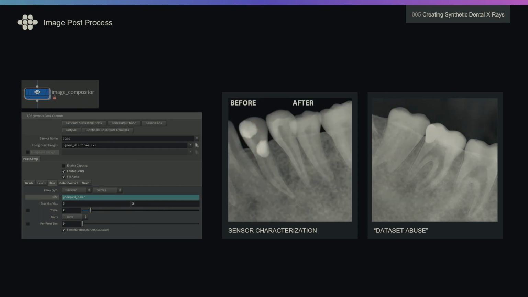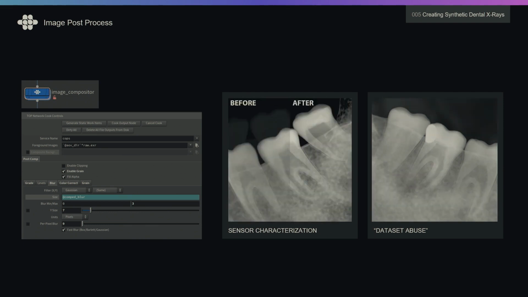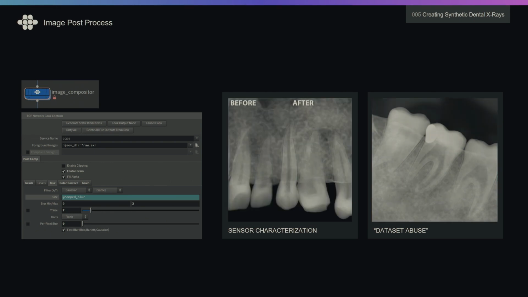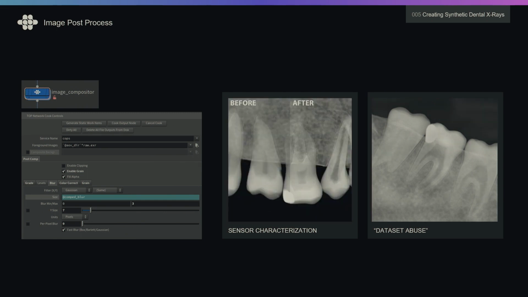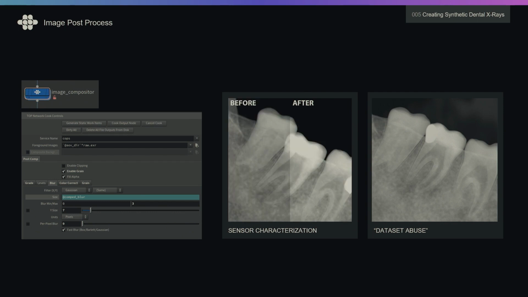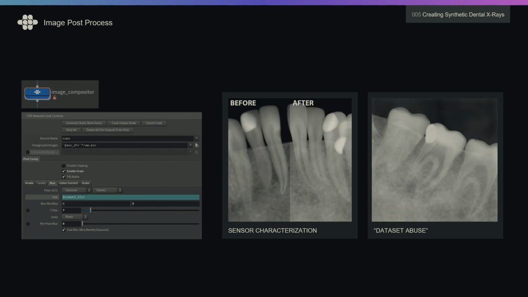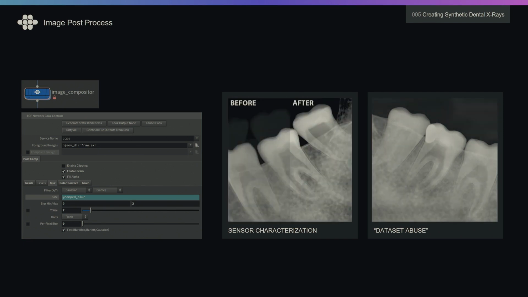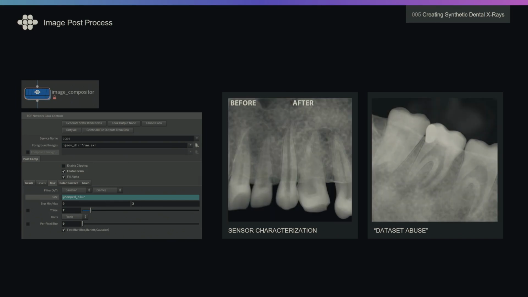One of the components of this is just image post-processing, pretty basic compositing things. This just adds another level of variation to things and helps us model the sensor characterizations more specifically. So a lot of the noise that you see in a radiograph and other sensors, or lens distortion, things like that. The most common scenarios we use is just noise, color correction, sort of matching the sensor as closely as we